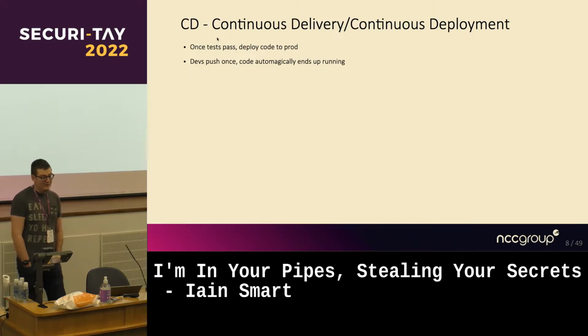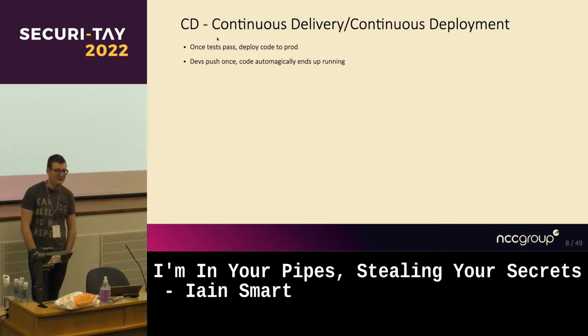Basically, this is the bit where once your tests are passed, you can deploy code to the next environment. So if it's a merge request, you can say, right, all of my unit tests are passing, there's no glaring security issues in this environment. What I'm going to do now is take all of this code and redeploy into a staging environment. So you say, right, let's make sure that everything actually runs in a representative environment for what the web app or API or whatever should look like. And again, once you've decided that everything's okay in staging, you can make another request and say, right, just take exactly what you've built in staging, lift it up and put it over there in prod.